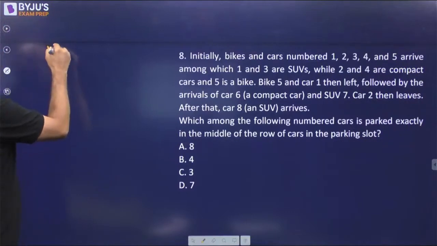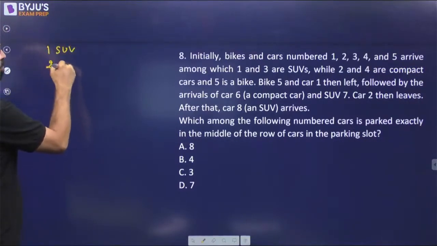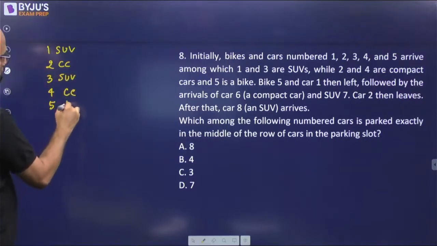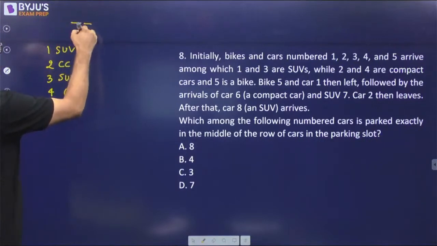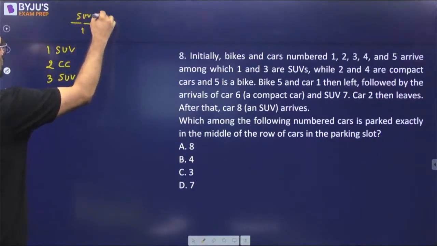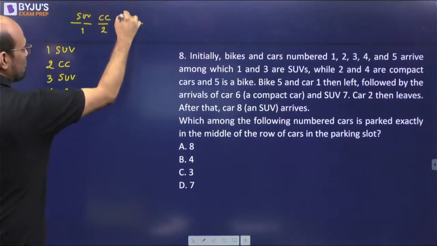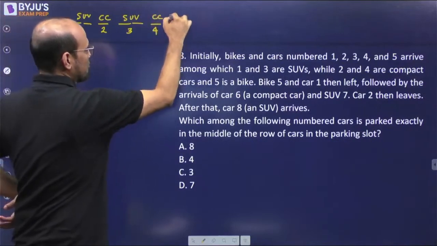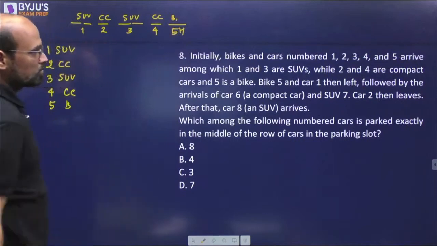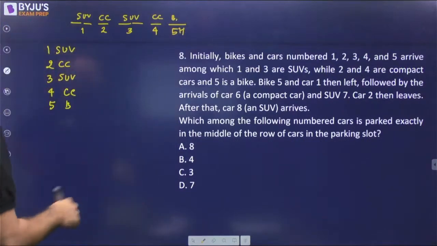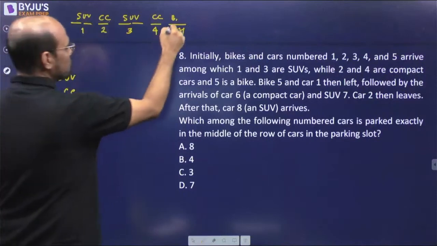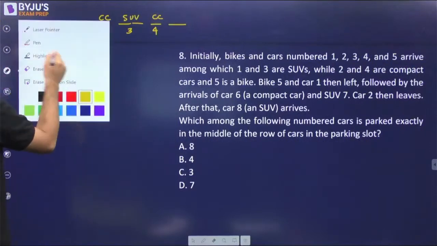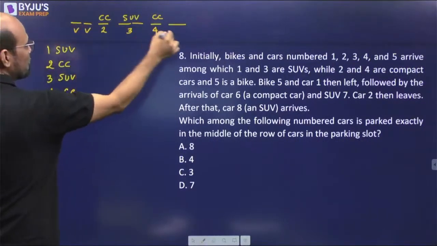1 and 3 are SUVs. So 1 is an SUV, 2 is a compact car, 3 is an SUV, 4 is a compact car, and 5 is a bike. So the sequence will be 1 is an SUV, 2 is a compact car, 3 is an SUV, 4 is a compact car, and 5 is a bike. So it's basically 5H here. Now it says bike 5 and car 1 left. So let's see this. Bike 5 and car 1 left. So right now we have a combination of V, V, and V,